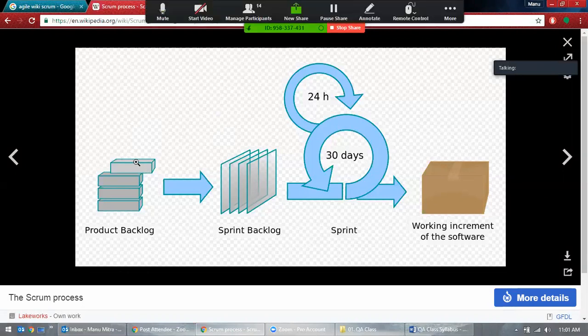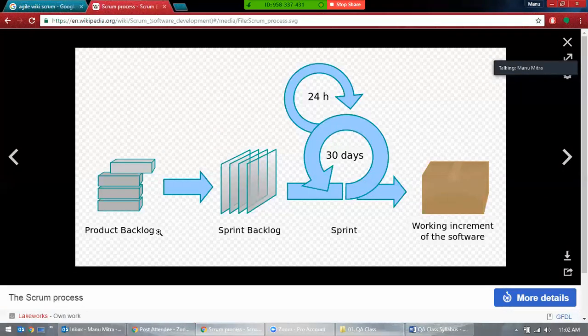So let's say we know about this product backlog. We have discussed this product backlog, right? It's a very high level requirement. It can be as complex as one-line statements, and we don't know what it's going to be and how it could be implemented. We have just a one-line statement like "design GMO online." That's it. We don't know anything about it. We don't know any technical information. We don't know any information to proceed with the development or testing.